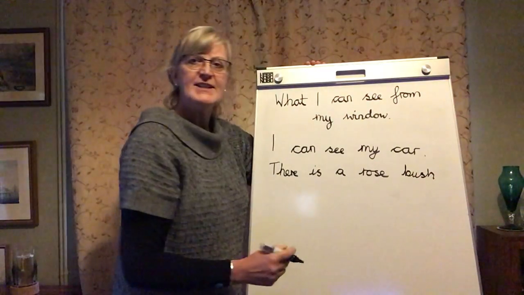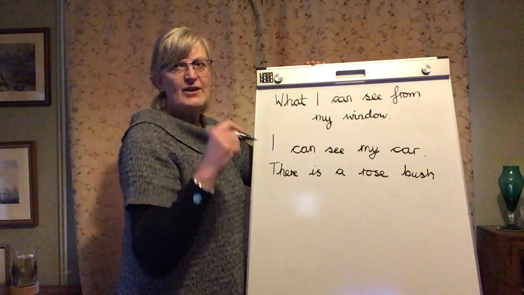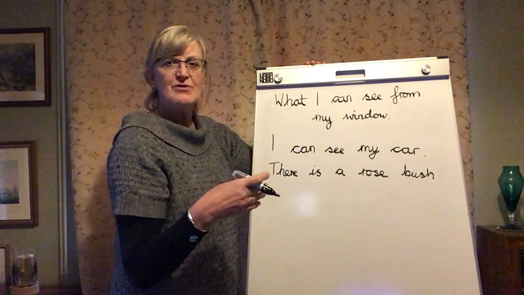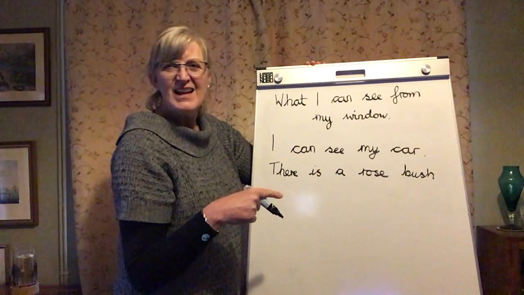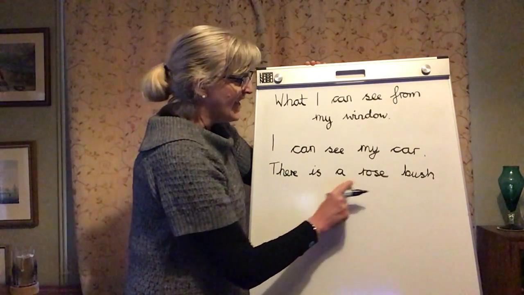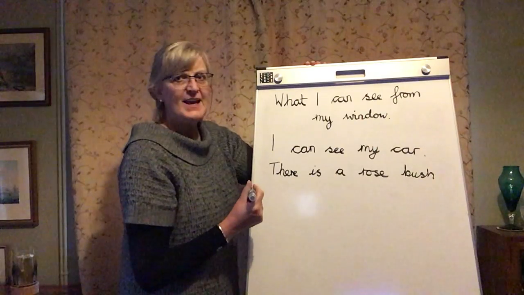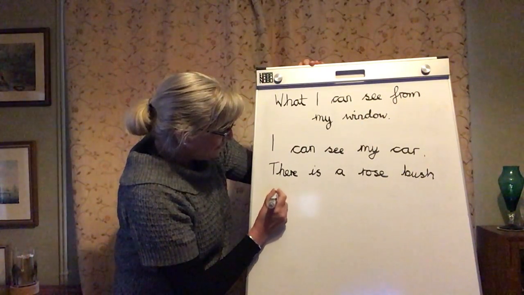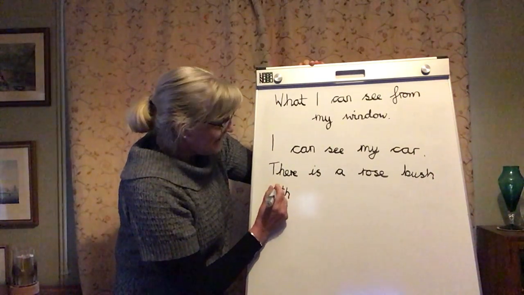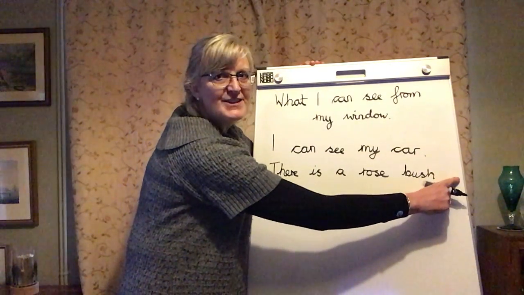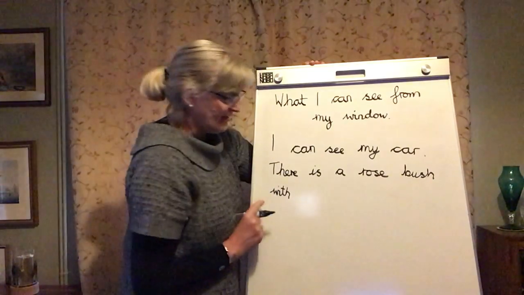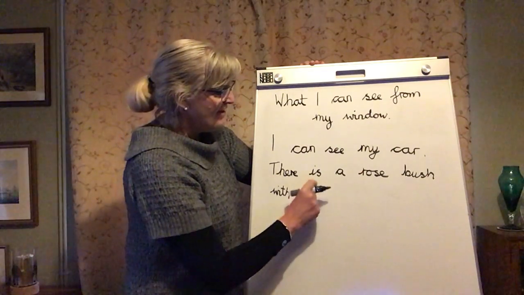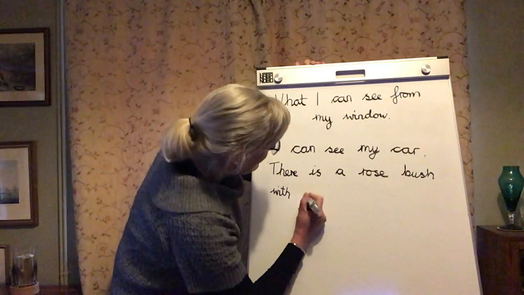But if you were writing this and you wrote an O and an O, I would be very pleased because I could still read it. It's just that as you get better at writing, you'll realise that sometimes it doesn't look right. So there is a rose bush, and it's got really shiny leaves with, and can you see how I haven't tried to fit it in there or just put some of it there and carried on, because I can't do that, can I? I have to start a new line. There is a rose bush with